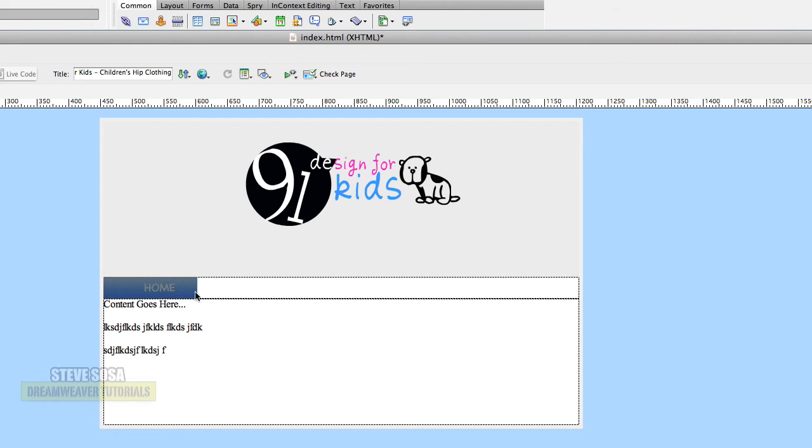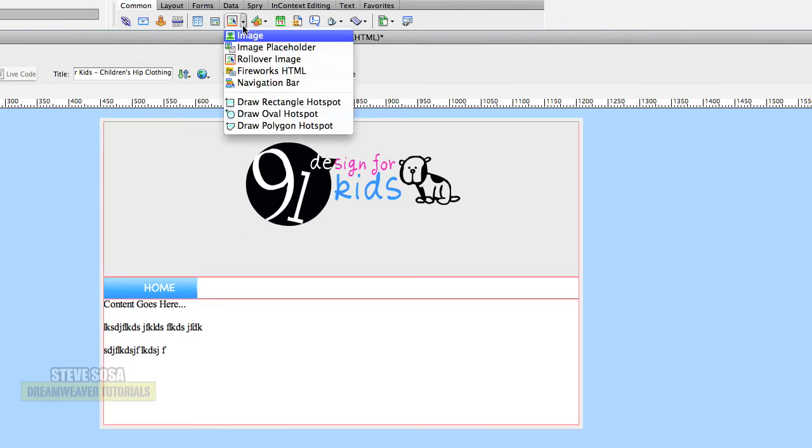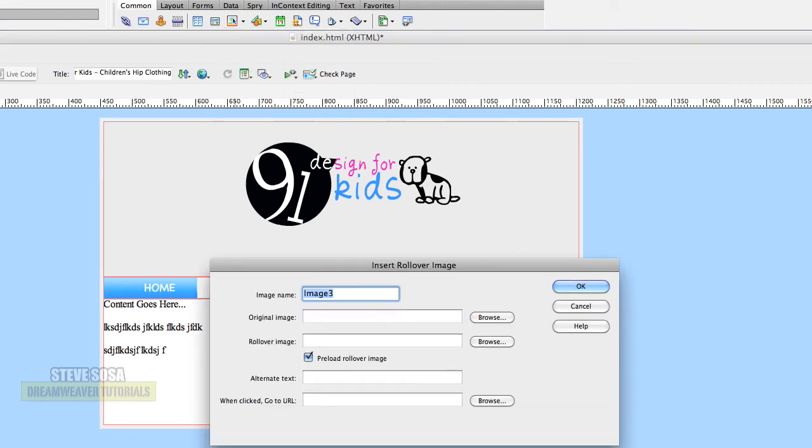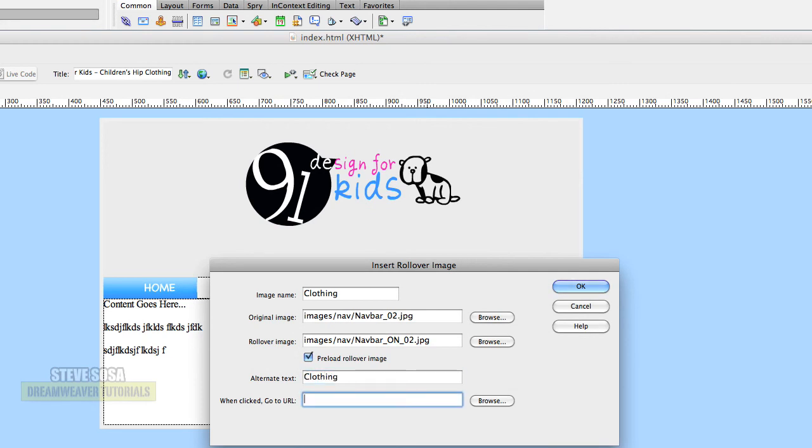So just be careful here, because that first navigation element, that picture, is selected by default. So you need to make sure you click to the right of that picture to insert your second rollover image. So again, insert rollover image. This time I think it was, what was mine, clothing. Okay, the original image is 02. The rollover image is on 02. The alt text is clothing, and when clicked it's going to